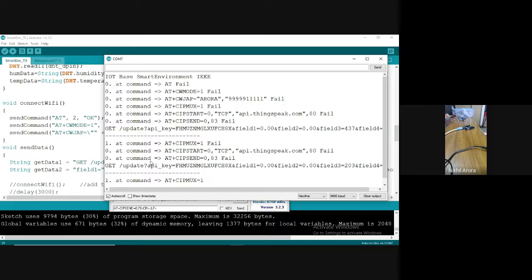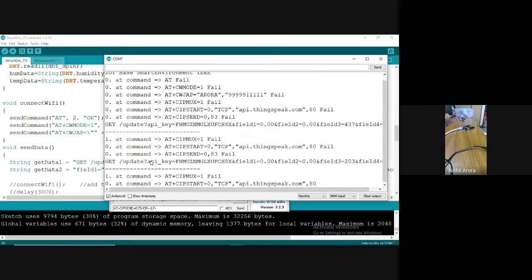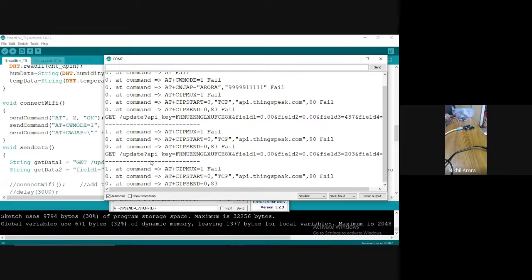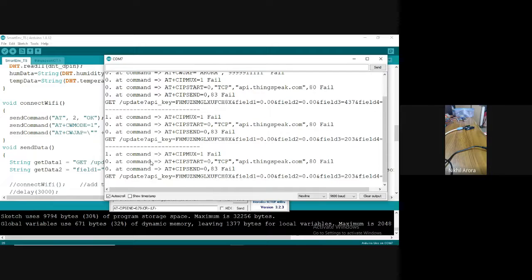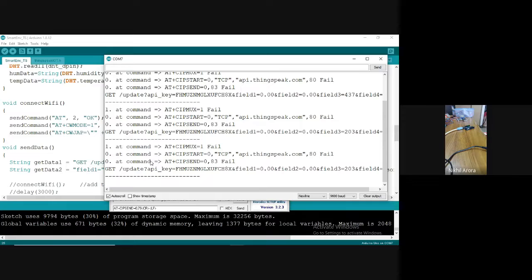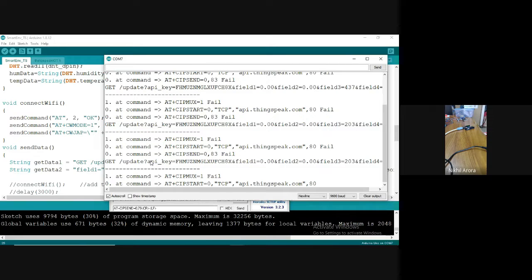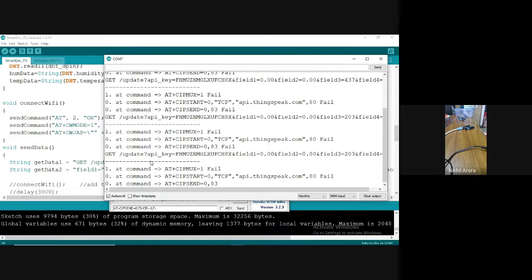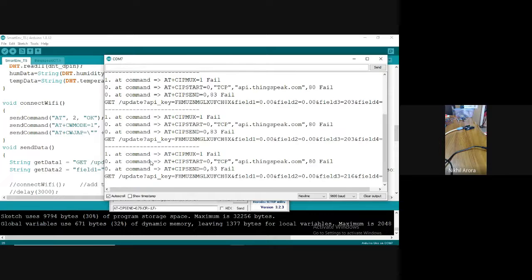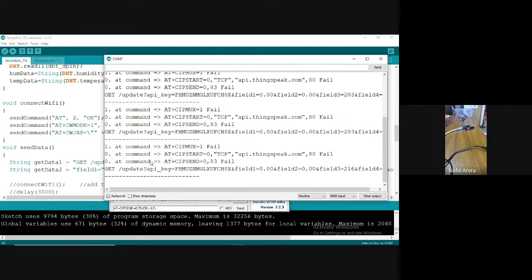Three wires are enough. One side male, one side female kind of wires are required. One, two, three. 3 wires.